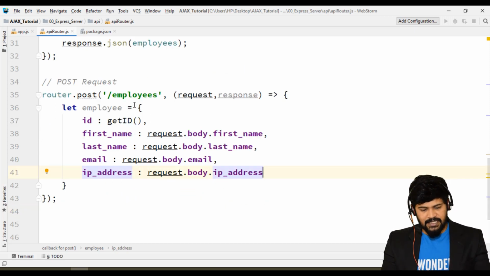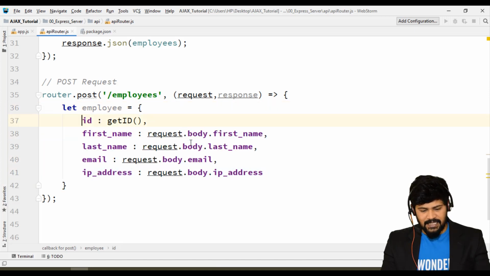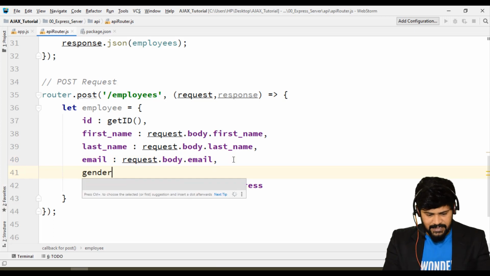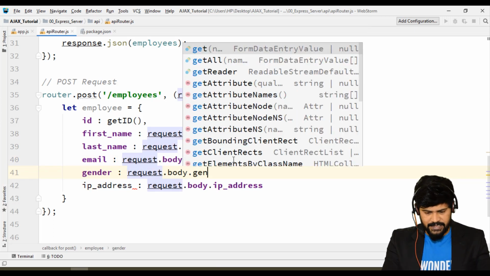So we create a new employee object based on the form data as well as the ID. I forgot one thing, gender. Gender also request.body.gender.